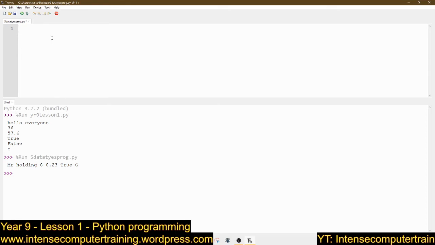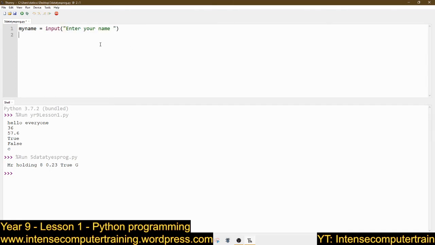So I want to set my name. So I'm going to call my variable my name. Then I'm going to put the equals sign, because that's the setting sign or the assignment sign. And then I'm going to use the word input. And I'm going to put speech marks, and I'm going to put the question, enter your name. Just put a space at the end of it. You'll see why in a second. So I have set a variable called my name, and it's going to be assigned to whatever this person types in.